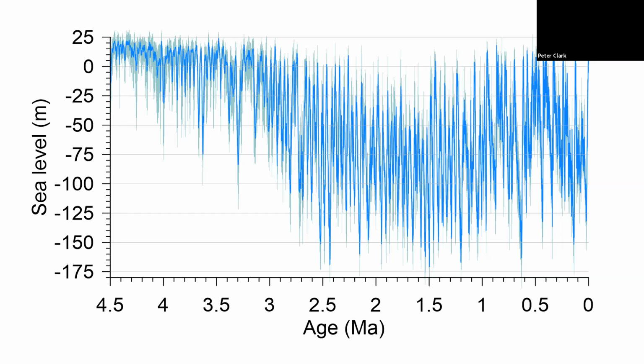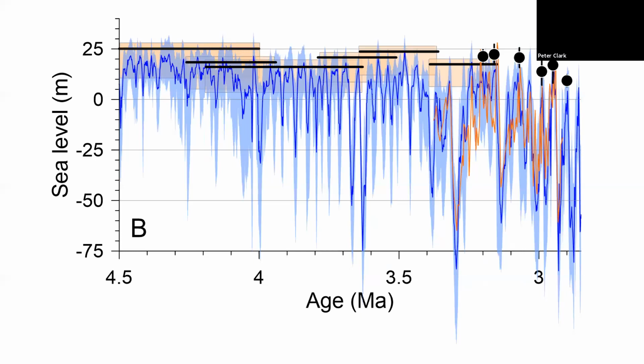So let's first look at this earliest part of it. This is from 4.5 million years ago to 2.9 million years ago or so. That is, we're looking at the Pliocene, and our reconstruction is shown in the dark blue with the uncertainty. The solid horizontal black lines with the orange uncertainty bars around them are sea level reconstructed from